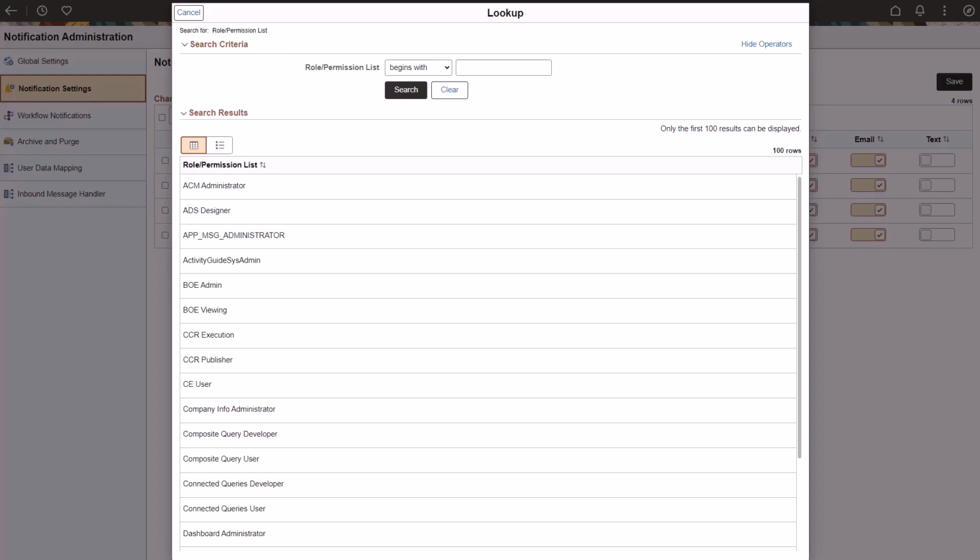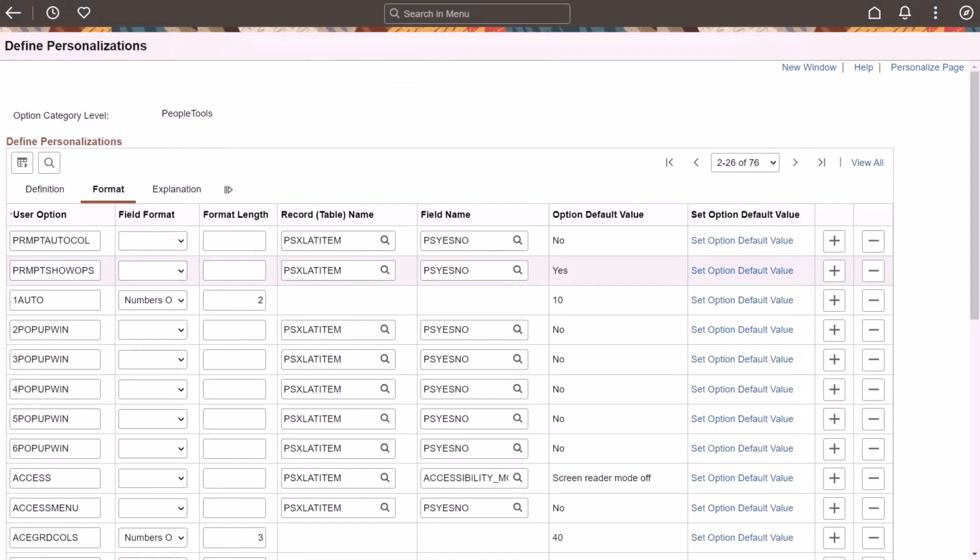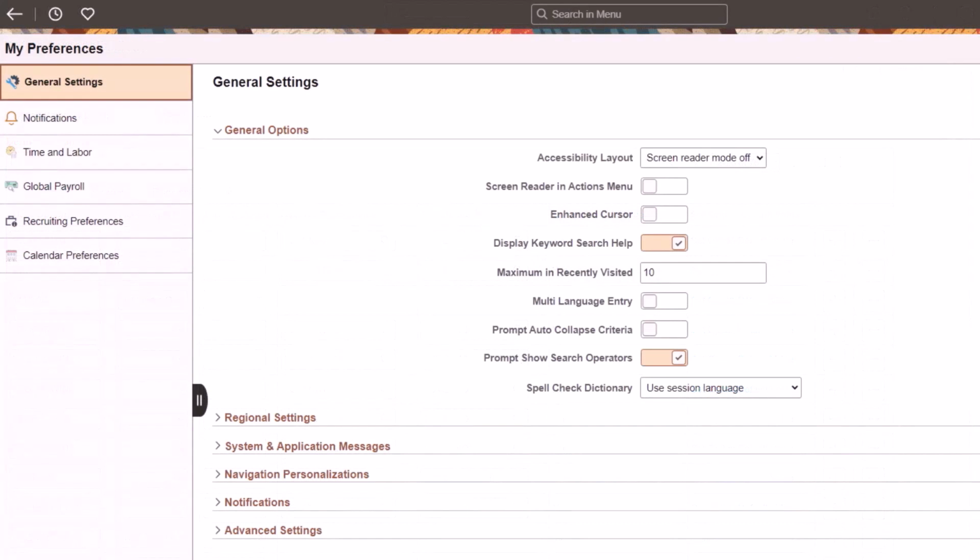at a system level using System Personalizations and at a user level using the My Preferences page. At the system level, PeopleTools provides 2 new personalization options for administrators to configure the default behavior of the Fluid prompt search criteria. Additionally, end users can use the My Preferences general options to personalize the default behavior of their